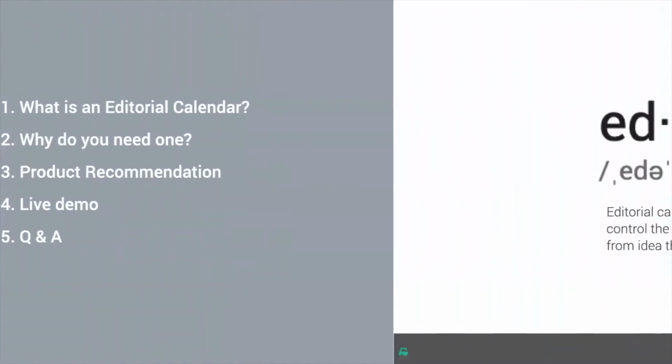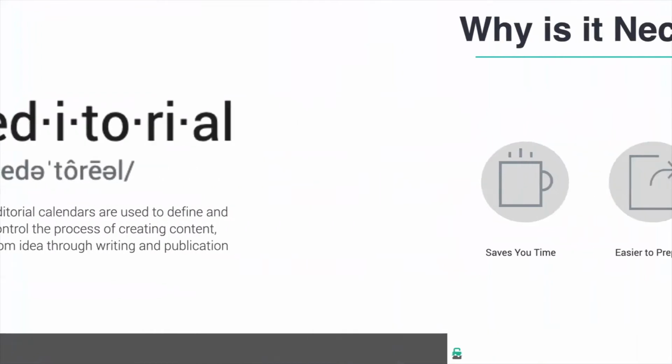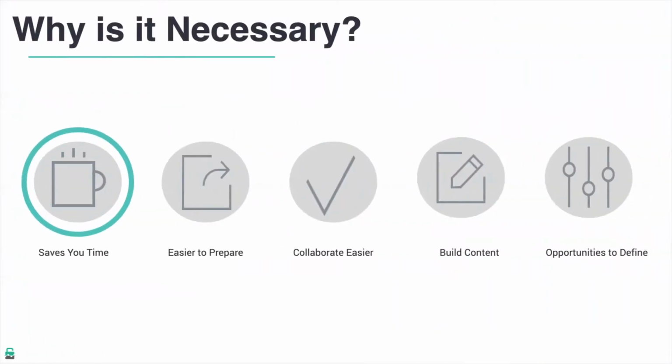So let's begin. What is an editorial calendar? You can think of it as a publishing process. It's a place where you can brainstorm content ideas, determine where to publish, and when to publish. Many of you might already have one, but just in case,